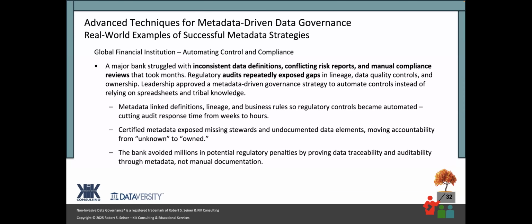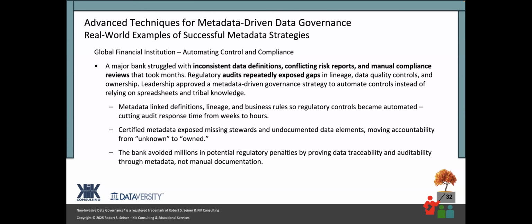So here's just an example of an organization that took their metadata and linked their definitions and their lineage to the regulatory controls. And they were able to demonstrate that to auditors that came in and said, this metadata that we're collecting to improve people's trust in the use of the data, it became very beneficial to us. We can use it to automate some of these controls, just like I talked about in the webinar today.